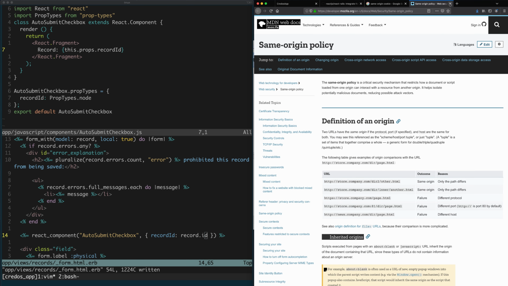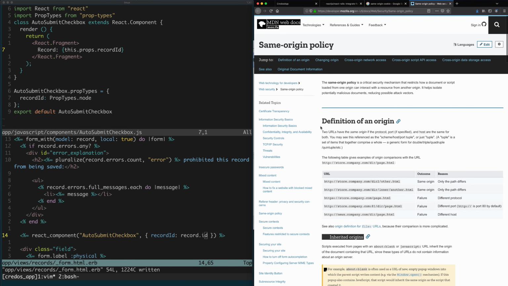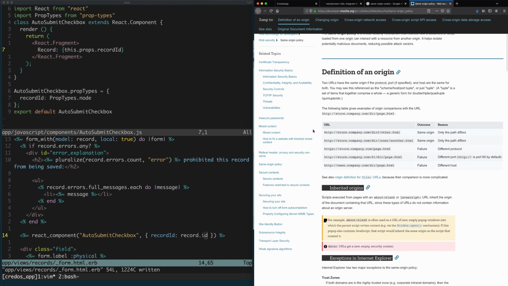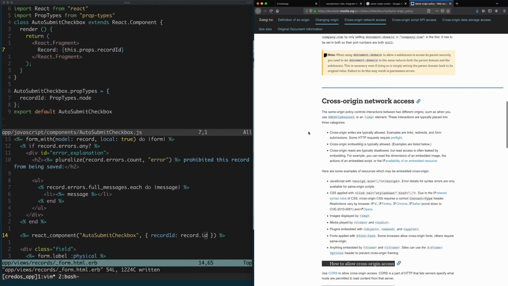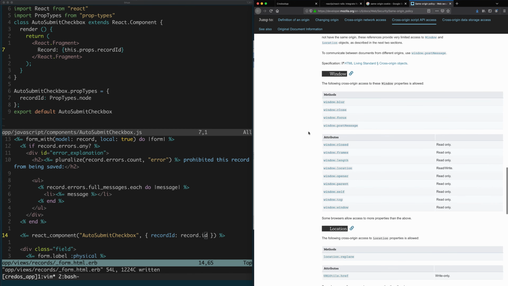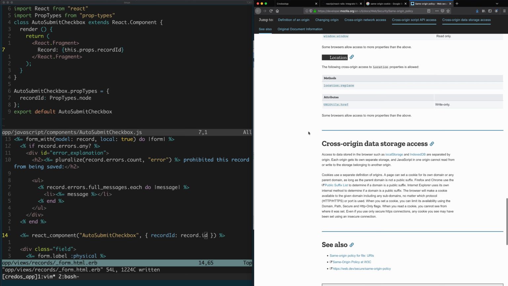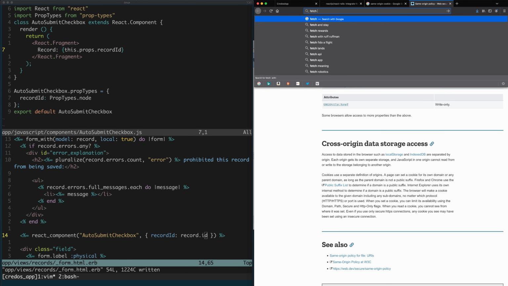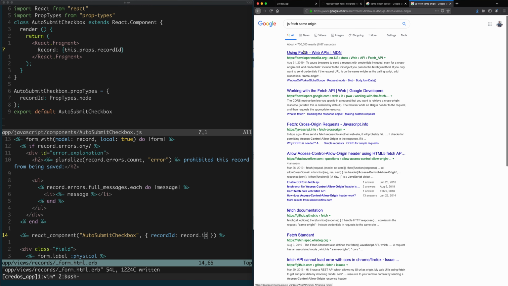Yeah, there's a way to say, hey, I'm still the same web page that you have already authenticated, and this is me. So there's a way when using fetch. It's like fetch same origin. There's a way to specify the